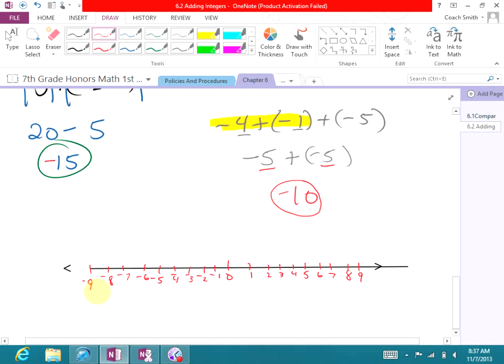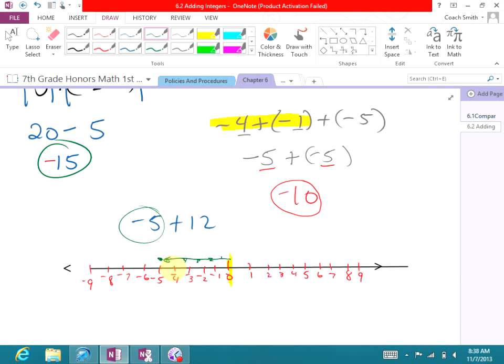Okay? Let's say I had this. Let's say I had negative 5 plus 12. Okay? Negative 5 plus 12. Well, if I start at 0 right here, and I move to negative 5 on the number line. Well, negative 5 is to the left. So I'd go 1, 2, 3, 4, 5. So I'm right here. So I went from here to there. Now I've got to go